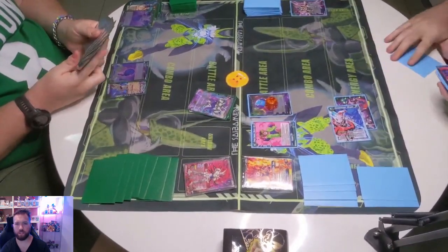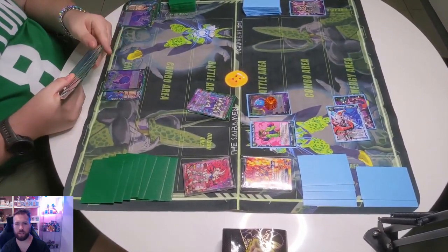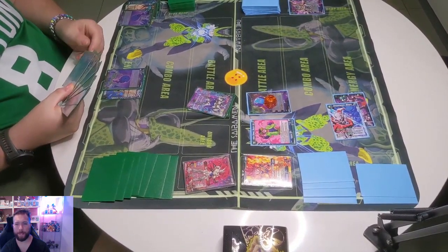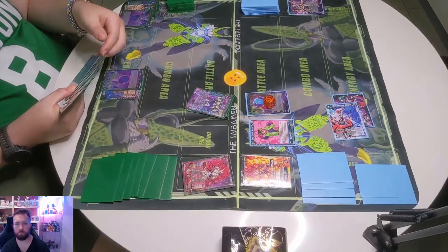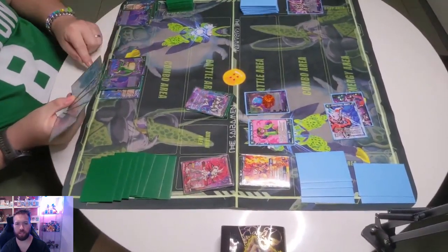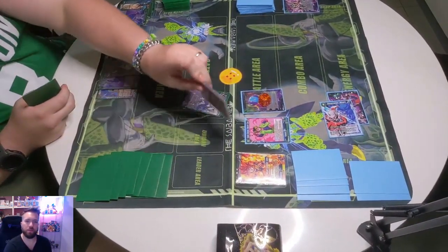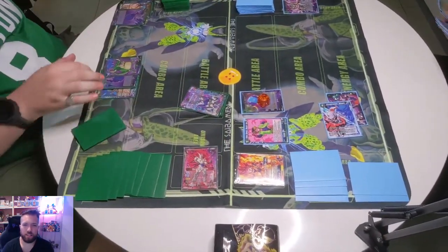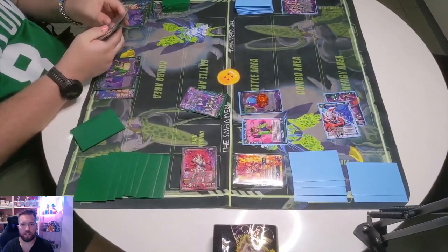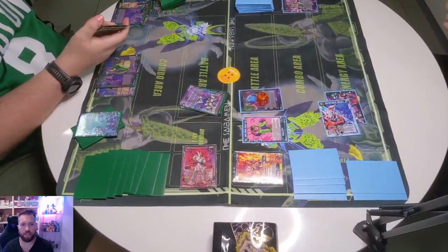Dylan just +2'd on the Unison and passed there. Feels pretty bad not being able to do anything. Oh yeah, that Janemba, if it did play, it wouldn't have been a critical because of the Sid 9, and it probably would have got killed anyway, so I guess it makes sense not to play one. Didn't think of that. So leader swinging in, looking at the top 5, grabbing another...